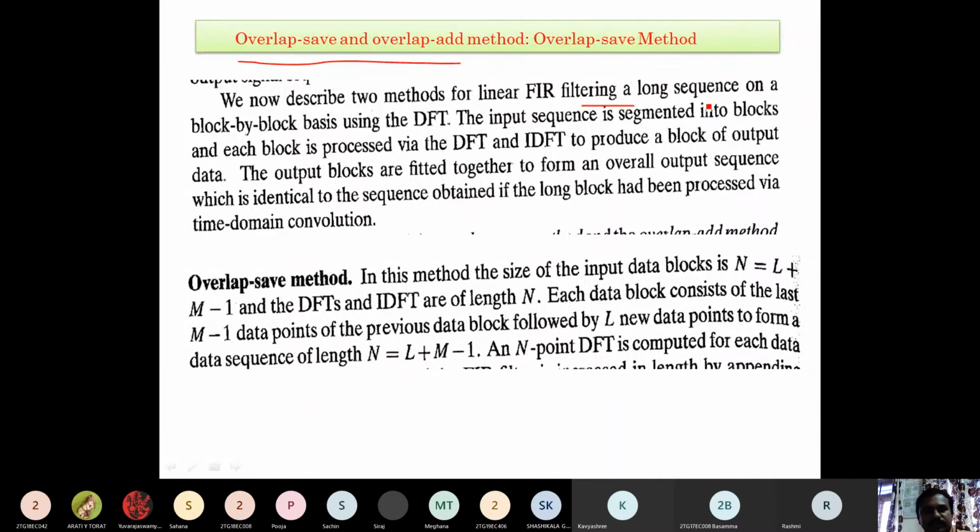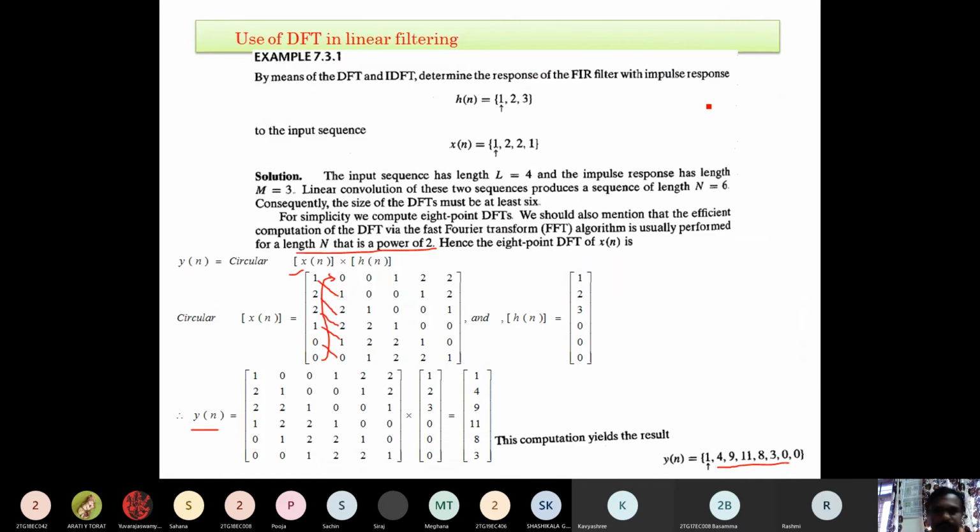So the overall concept is, if you go back to the previous examples, we saw only 4 elements, N equal to 4. Then the next concept we came across is that there are two signals of two different lengths. One is 3 and one is 4 in this example. What if the length is more? It could be any sequence, or both. If the length is more, then how are we going to perform this calculation?